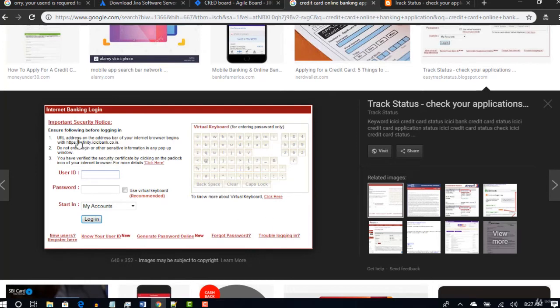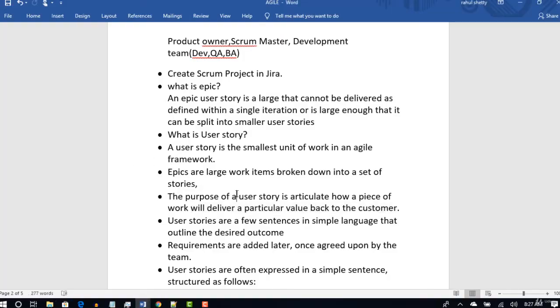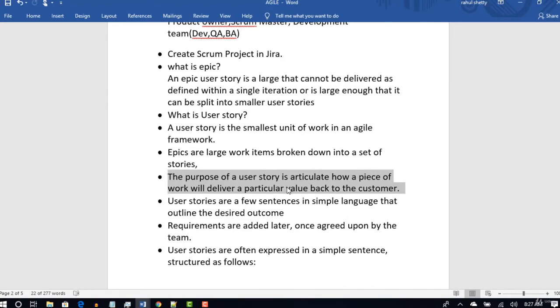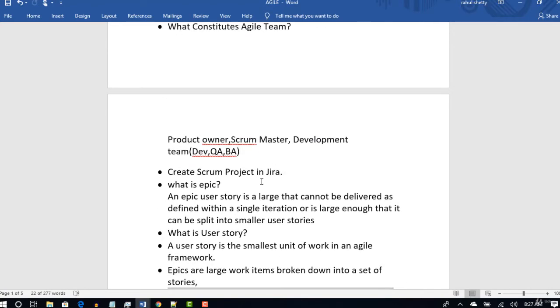And again, now you will put this text as one user story, and that again has a value, that you are clearly giving some instructions to your customer on how to provide the user ID and password. Okay, so like that, make sure that when you create a story in the Agile framework, your Scrum Master may ask you, is this user story really having a value? Okay, so in that perspective, you need to create a user story. Right, so I am now not talking about roles and responsibilities of the Scrum Master.